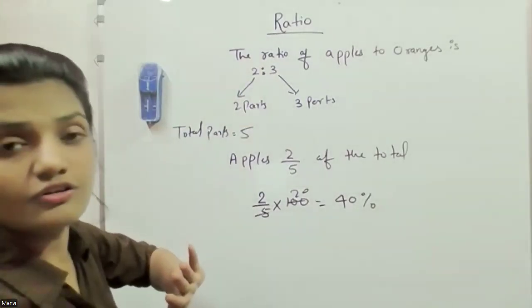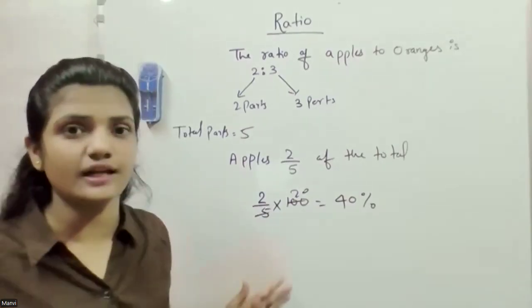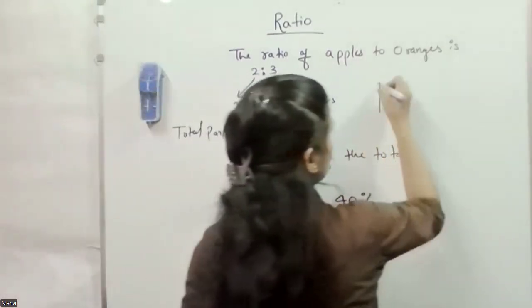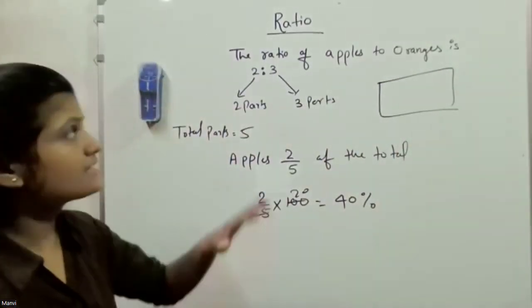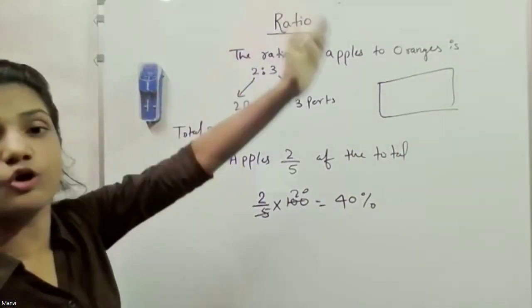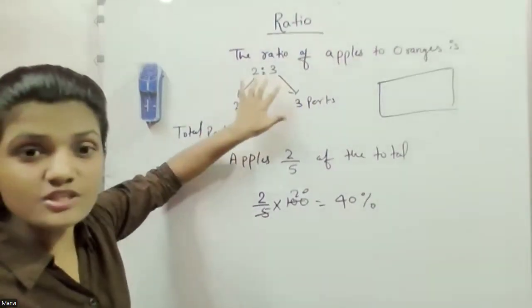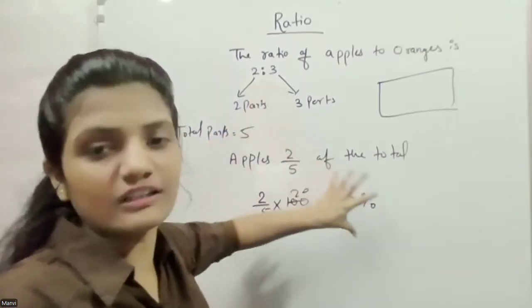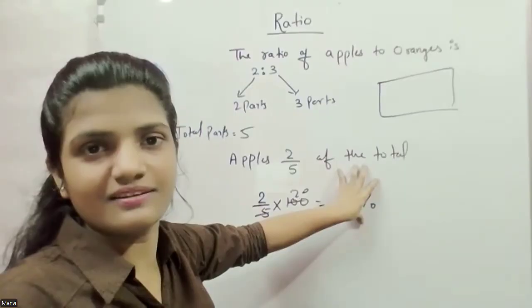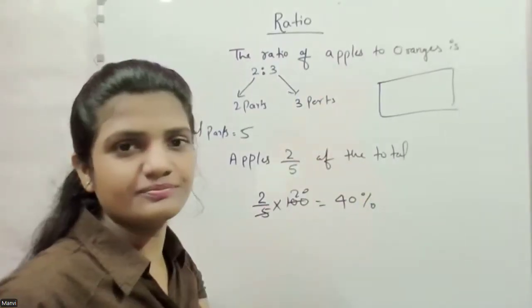So Kavya, this ratio actually gives us the actual data. For example, here we had some number of fruit in this basket, and they tell us that the ratio of apple to orange will be 2:3. So just from this ratio, we can say that we have 40% apple here, right? Calculate the same for orange, Kavya.